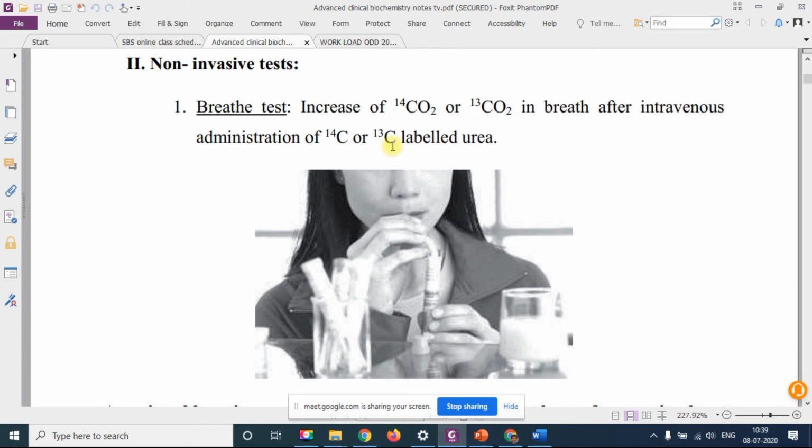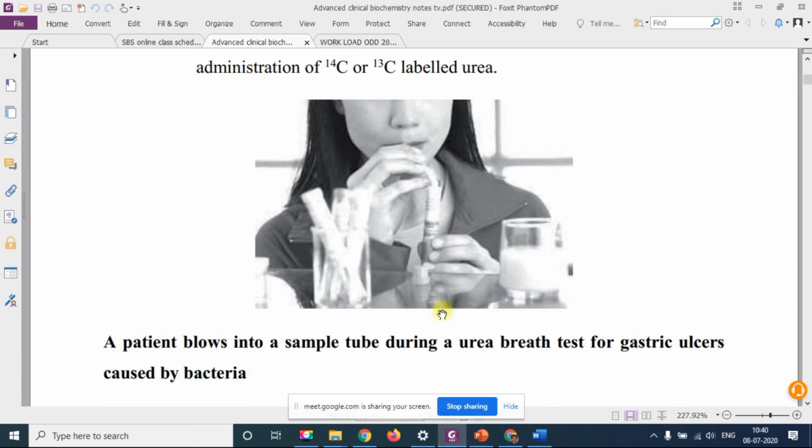So the bacteria will liberate the urease enzyme. This urease will act on the urea given to the patient, and now the patient will liberate carbon dioxide and ammonia. That carbon dioxide has C14. This blowing tube has a probe, and that probe will detect the isotopically labeled C14 or C13. So based on the intensity of the liberation of carbon dioxide with C14 or C13,